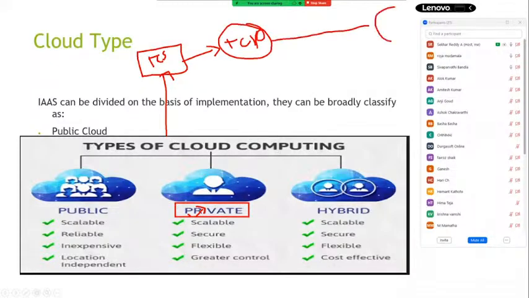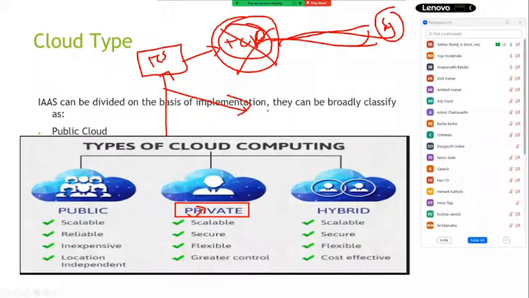Then it will establish a connection to the client network. Then we will be able to access all client-related applications and other services. The moment you disconnect the VPN or come out of the organization, will we be able to communicate from our local home network? No. Am I right? That is what private network.